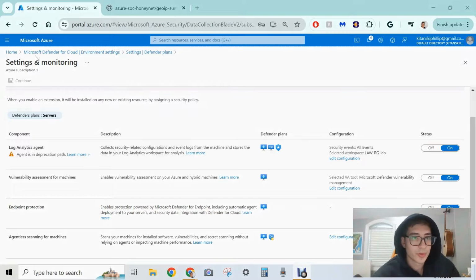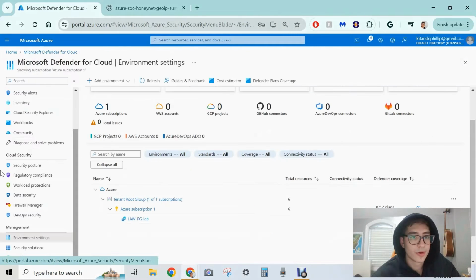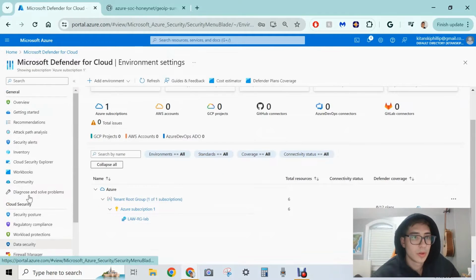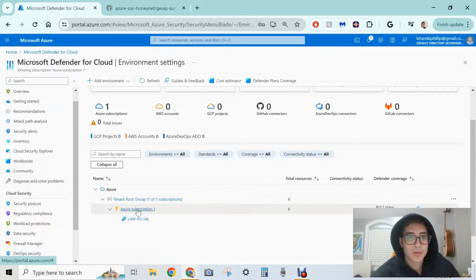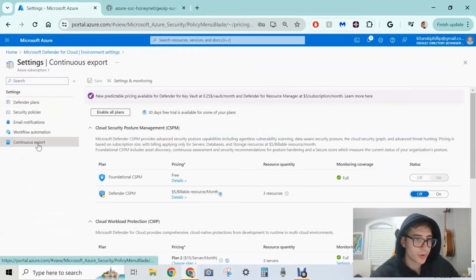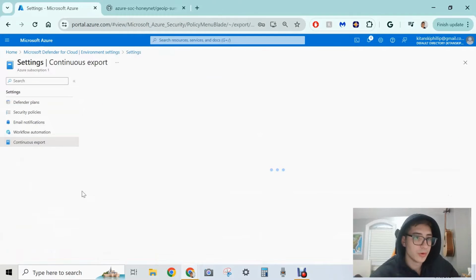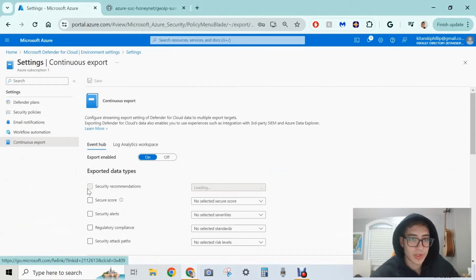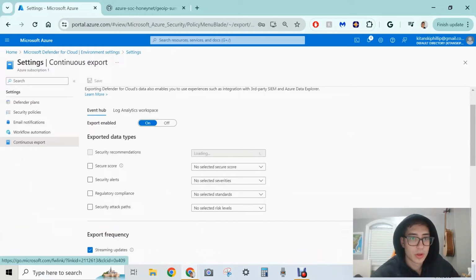Okay, and from this point, we're going to want to go back into our subscription, go to continuous export, and what we're going to do here is enable continuous exports. So this gets sent to our log analytics workspace, and we could query the data from there. So we're just going to want to select nothing in the event hub, but